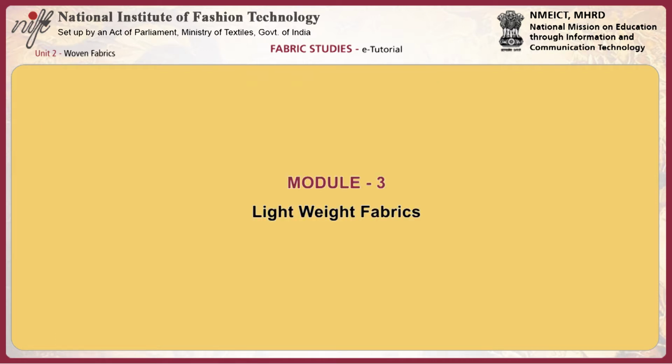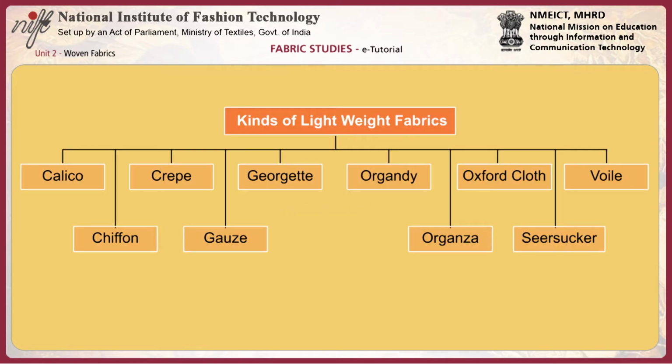Let us now look at the first category, lightweight fabrics. The fabrics which are very thin and light fall under this category. They are fabrics of weight less than 4 ounces per square yard. These fabrics, if made of natural fibers, are much more soft and comfortable and possess good drape. They are used for making tops like shirts, blouses, dresses, linings and home furnishings like bed sheets and sheer curtains.